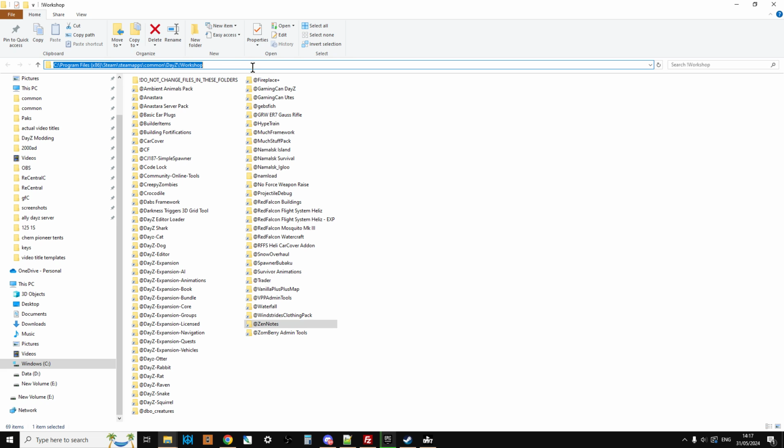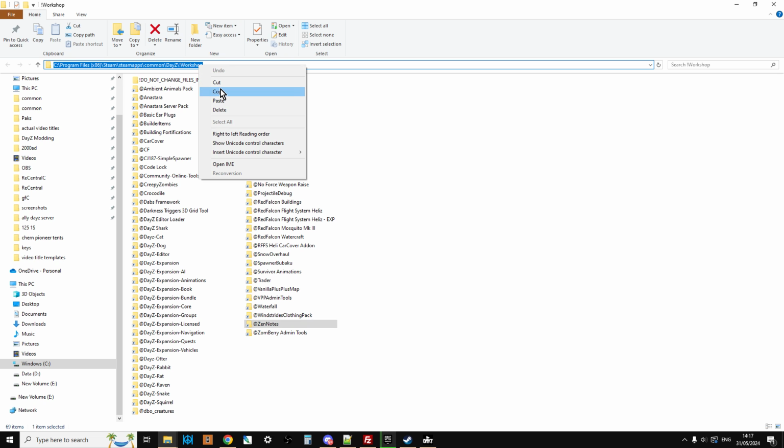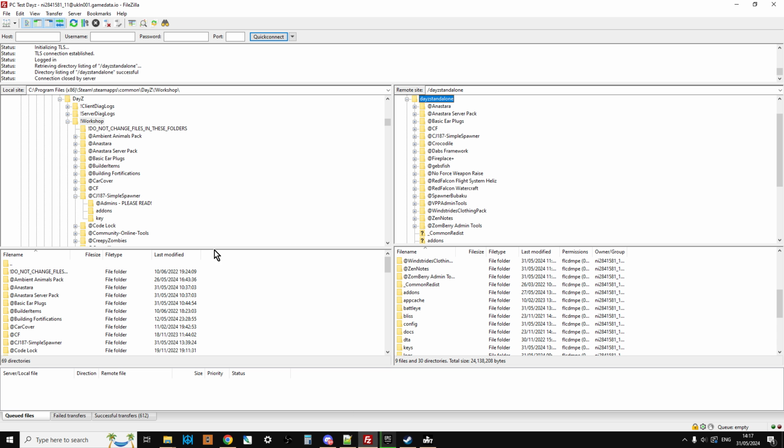So once we know where that is, we can right click and copy that whole address. We can go to our FTP program where it says local site up here, left click that, right click that, paste that, and there we go, we're in the same folder where all our mods are. So this is where we go through, and if you're using FileZilla, they've changed something I think recently. So you're going to go down, right click somewhere over to the right and go upload, and you're going to do this